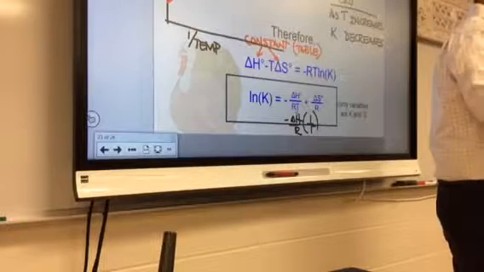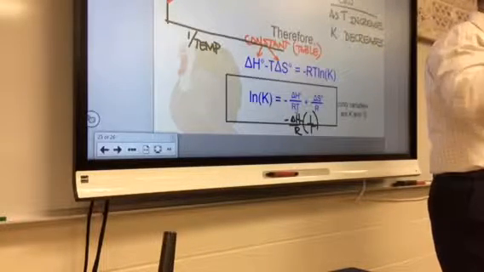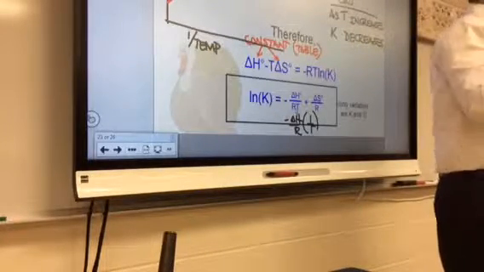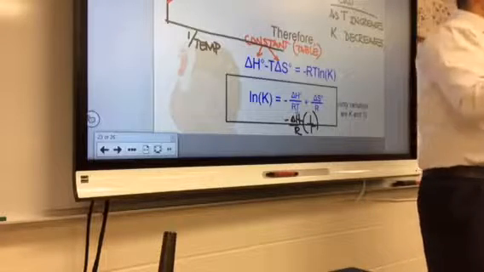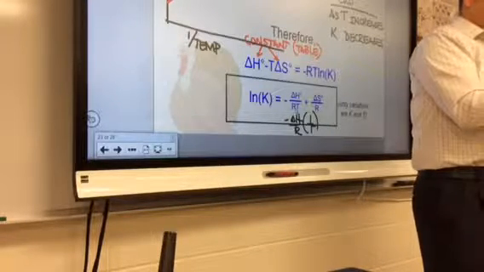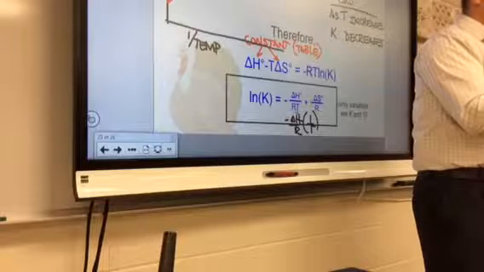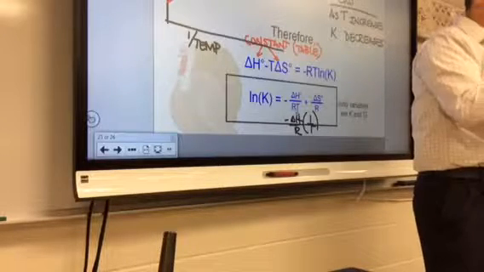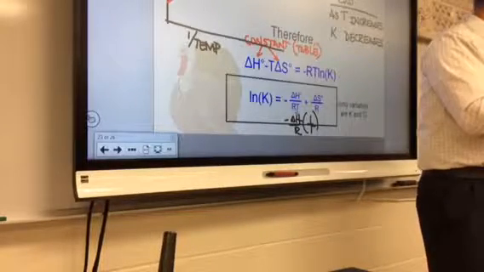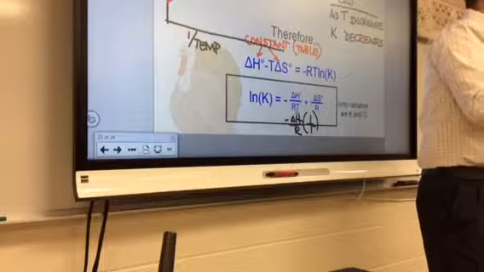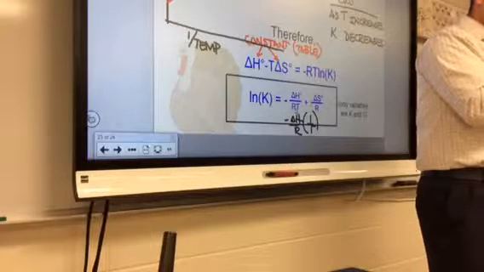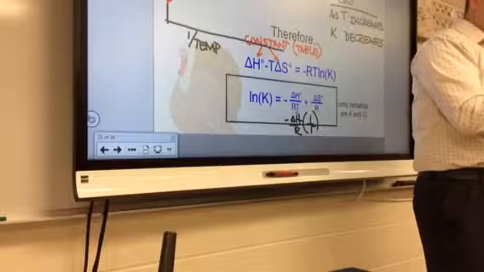So here's the point of all this, and I think you'll be able to grab onto this. If you have a reaction that's at equilibrium, it's just sitting there, right? What does equilibrium mean? It means nothing is happening. The reaction is just sitting there. There's some reactants, there's some products, they're not doing anything. That's equilibrium. If we take an exothermic reaction and we heat it up,